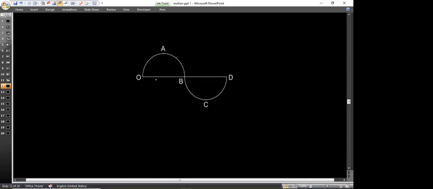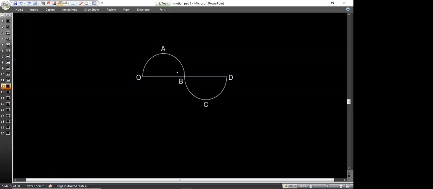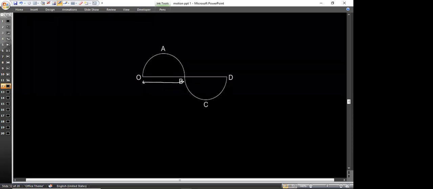I'm saying that this is a path covered by an object. The object starts from position O and then covers a distance while choosing this path. Then it moves to this path and reaches this position D. Please tell me, if this distance from here to here is 7 meter,